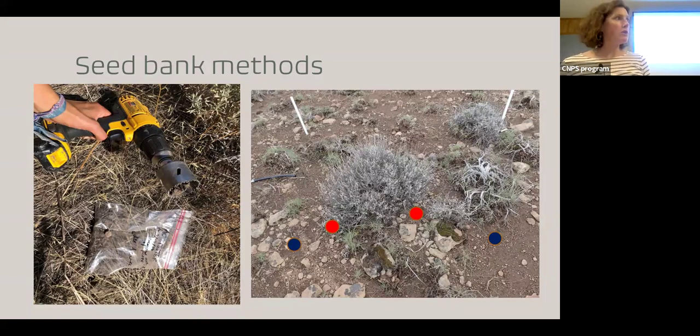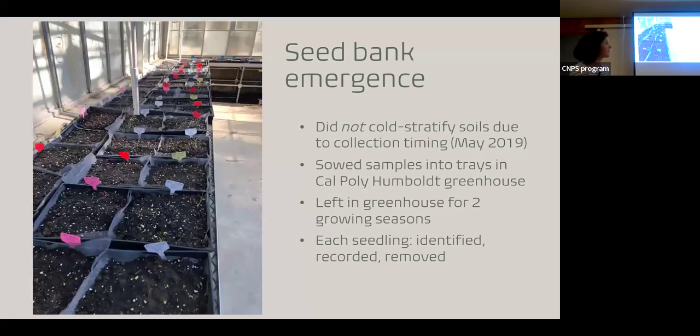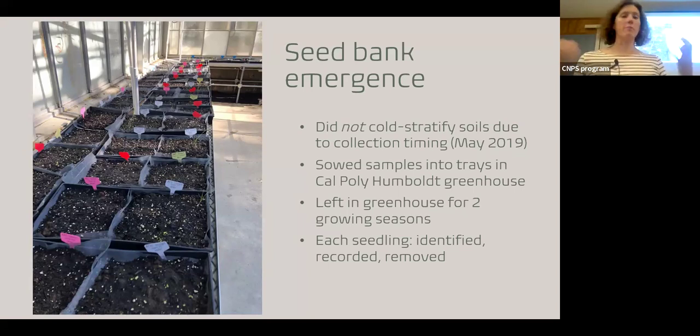We brought them back to Cal Poly Humboldt, dried the samples, and then did a seed bank emergence study in the Cal Poly Humboldt greenhouse. We didn't cold stratify the samples because we collected them right after wintertime. We sowed the samples into trays and left them under well-watered conditions in the greenhouse for 2 growing seasons. As seedlings started to emerge in each of these trays, we identified them, recorded them, and then removed them from the trays so that we could make space for any other seeds to come up, so there was no competition. If we couldn't identify the seedlings, which is tricky,